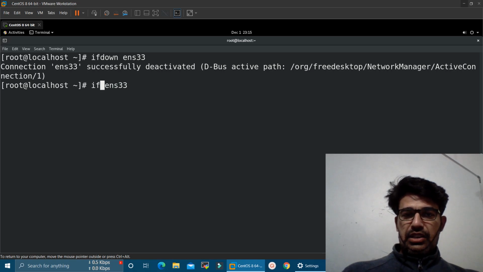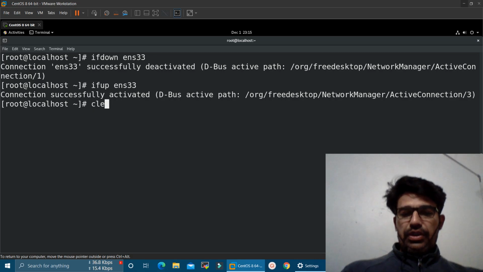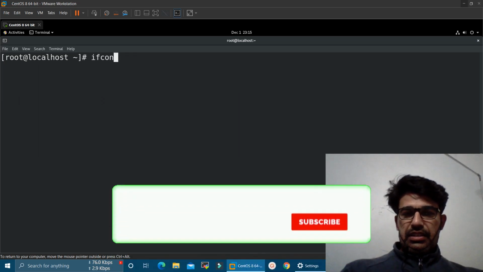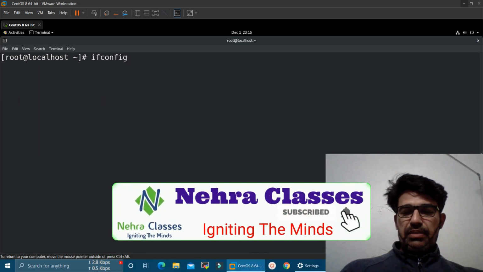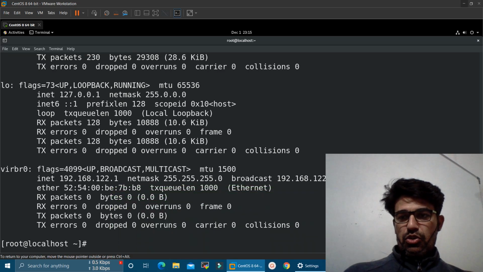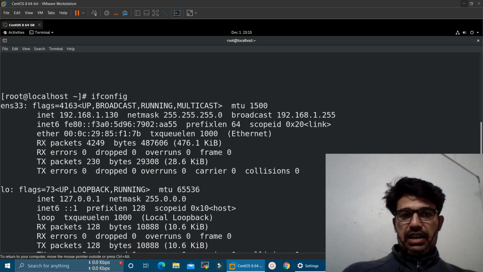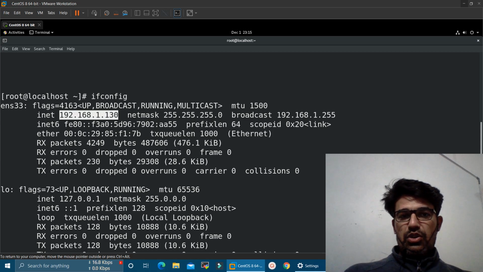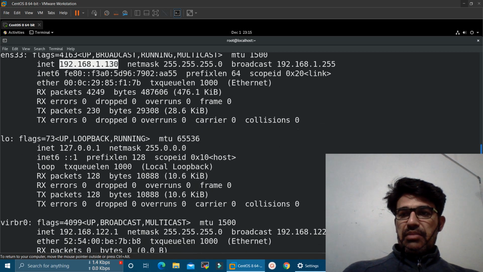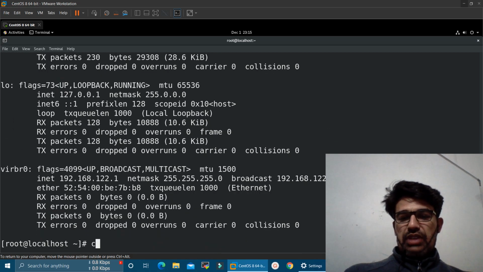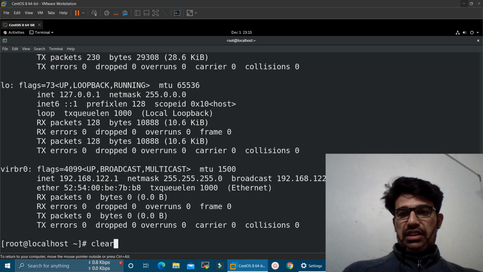So here we can execute ifup ens33, and now we can verify the changes by running the ifconfig command, and here it must show us the IP address as 192.168.1.130, which we have set in the file.